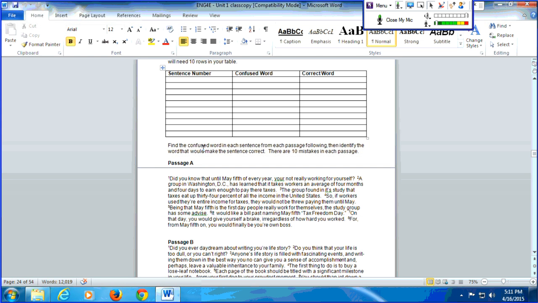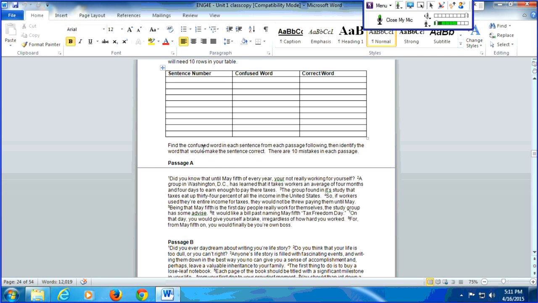It says, find the confused word in each sentence from the passage below. There are 10 mistakes in each passage. I'm going to read it through just as it reads first, and then we'll go back through it again and identify the errors before you fill in the chart. It is about the easiest way to do it. So we're going to start off by looking at